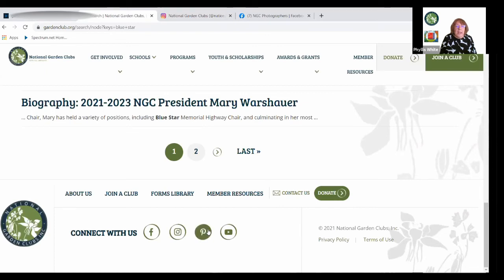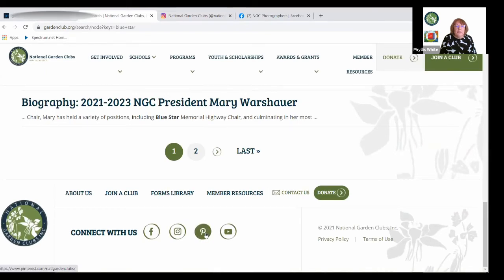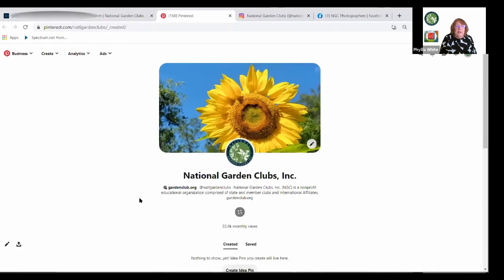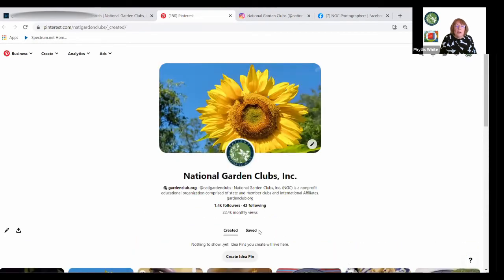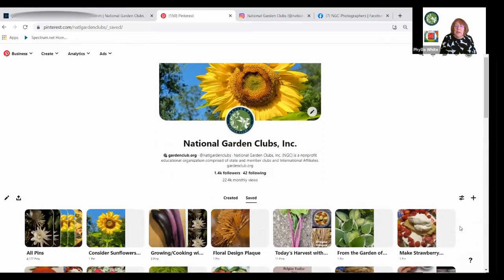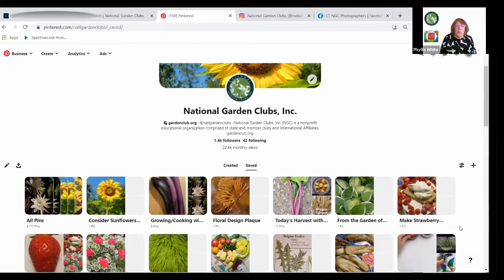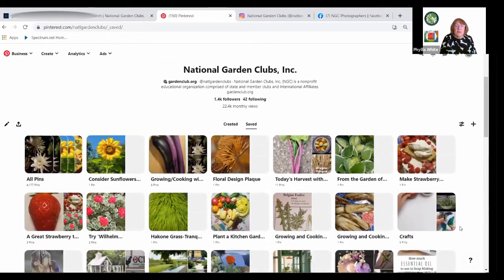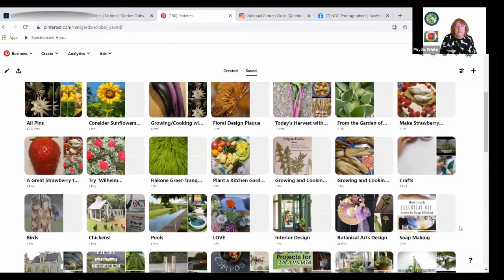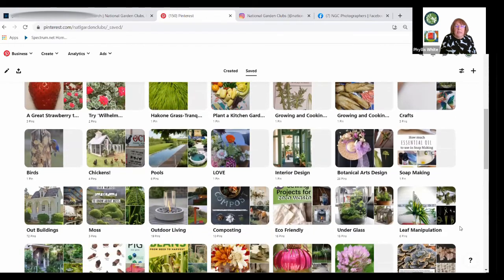Then we're going to go back to the footer. This is Pinterest. This is a wonderful way for do-it-yourselfers to get ideas and look at creative examples. This is the NGC Pinterest board area. These are all the boards we have. You can see they're just dynamic